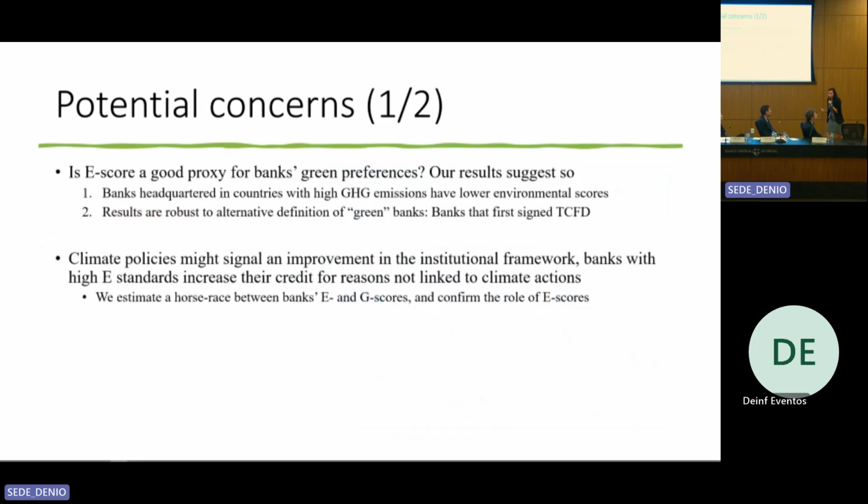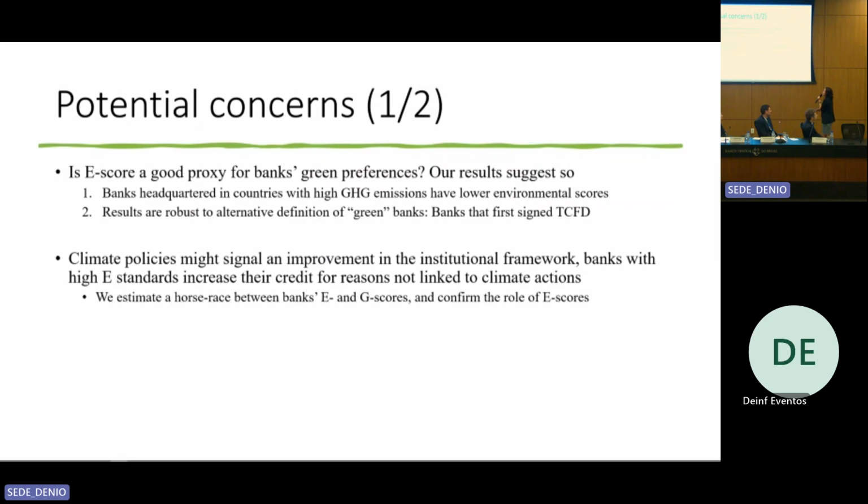So we are also able to rule out several potential concerns. One is, well, how can we tell if the E-score is a good proxy for banks' green preferences? We think our results suggest so. So first we see that banks that are headquartered in countries that have high GHG emissions have lower environmental scores, and this relation is very strong in the data. We also see that our results are robust to alternative definitions of green banks. If we use whether the bank is incorporated to the task force for climate-related reporting of their climate exposures, our